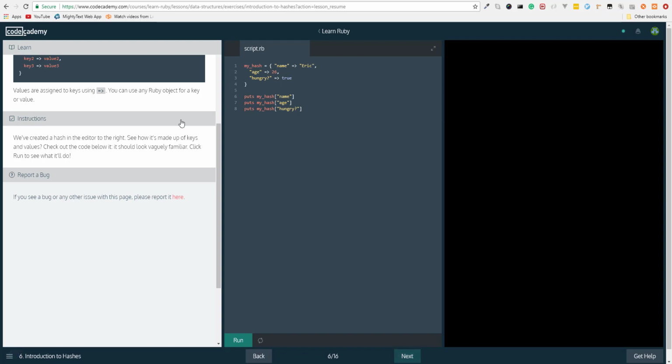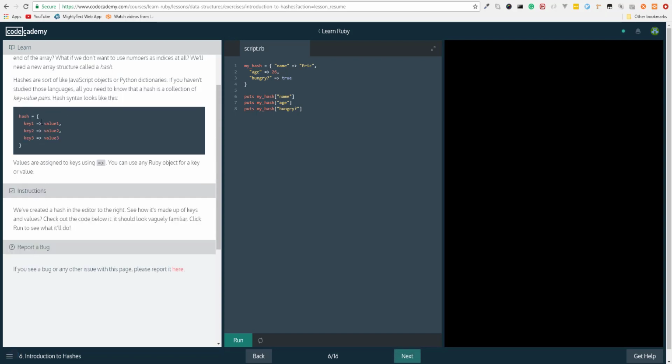So yeah, the reason they call this a hash instead of an associative array is because really they're treating this like an object, not an array. Whereas, say, a language like PHP has associative arrays, but associative arrays in PHP are treated like primitive values, like primitive data types, which is a little bit annoying, not having arrays be treated like objects. Anyway,